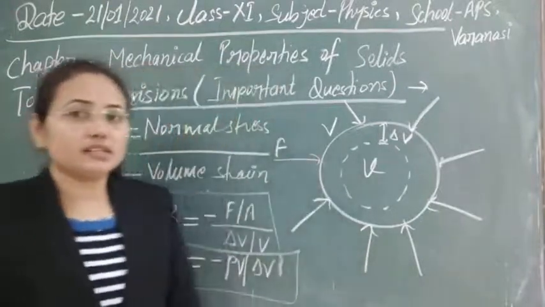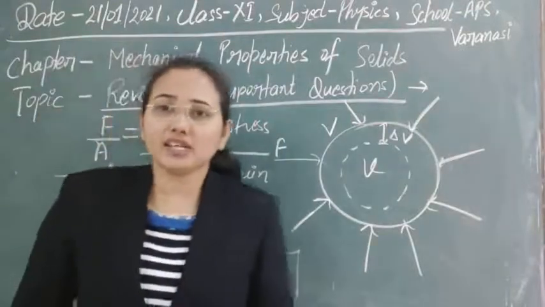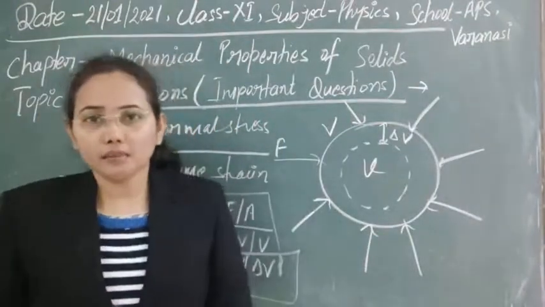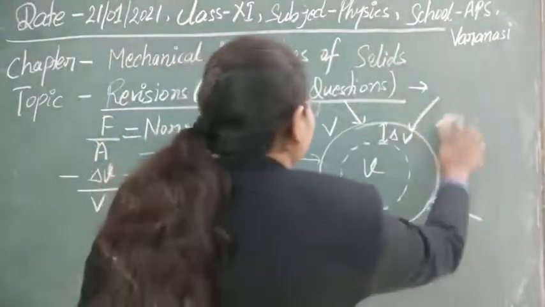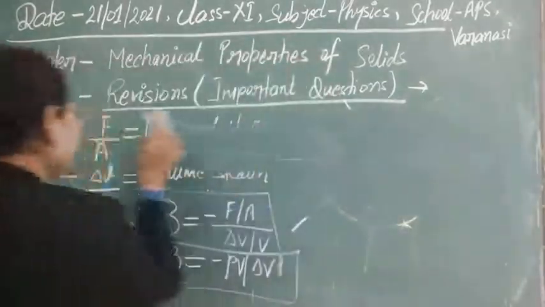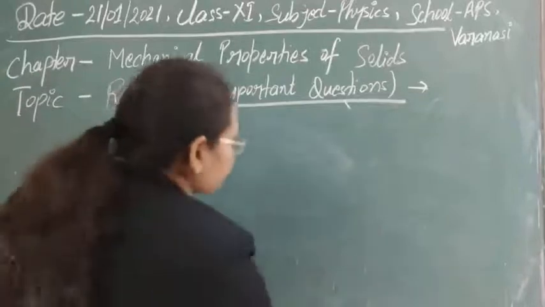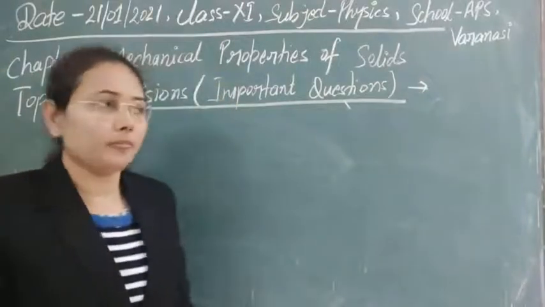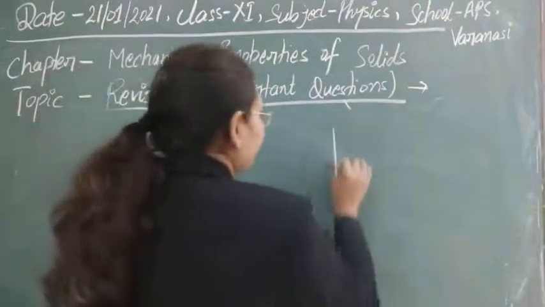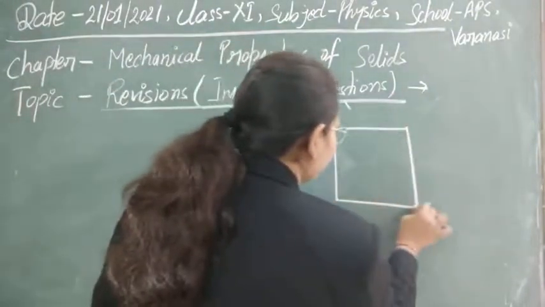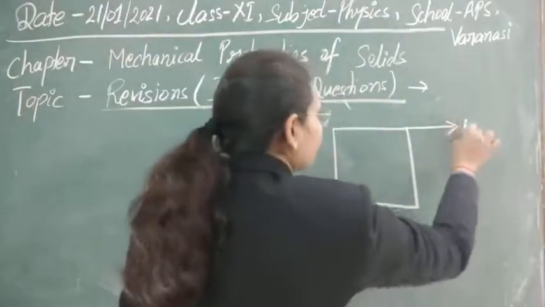The next type of elasticity is when the force that we are applying is tangential, meaning it changes the shape of the system. This topic is not actually contained here, but still the elastic constant can be asked. So next, whenever a change in shape occurs, suppose we have a body of square shape, and now we start to apply some tangential force on it.